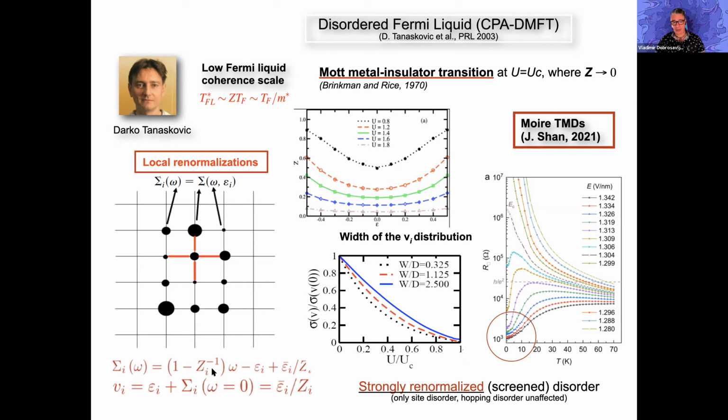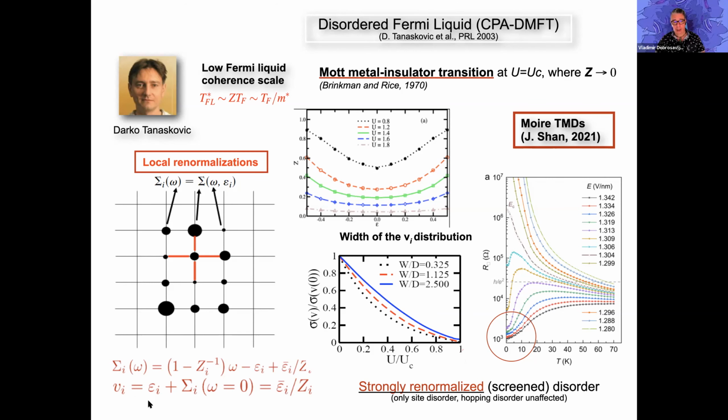So we have these local self-energies. The difference is that now the quasi-particle weights, as well as the zero frequency component, are position dependent, and they acquire a certain distribution function. So there are two things we should look at. One is this Z, the quasi-particle weights. Some results are given here. This is Z as a function of the site energy. We can see that it depends strongly on the site energy, which means that there is a broad distribution of Z's. They all shrink as we approach the transition, but relatively speaking, the distribution of Z's remains broad or even broadens.